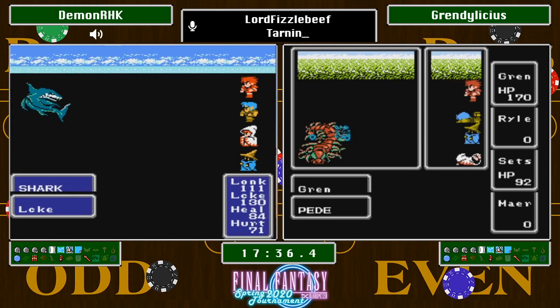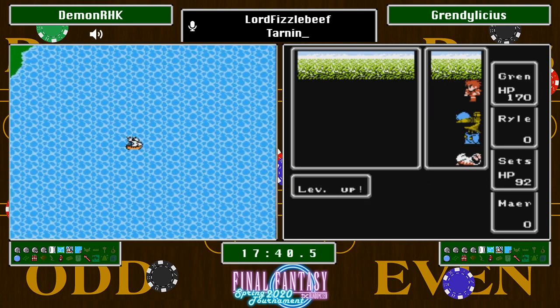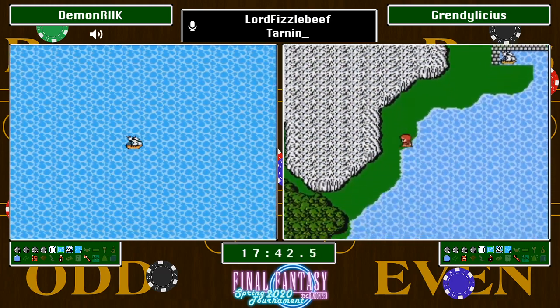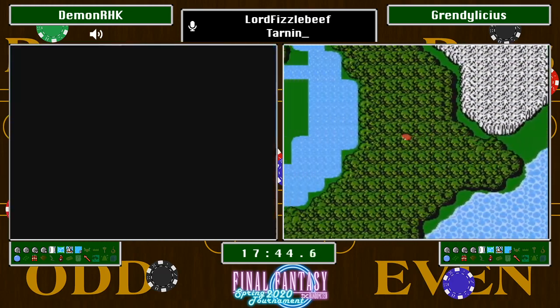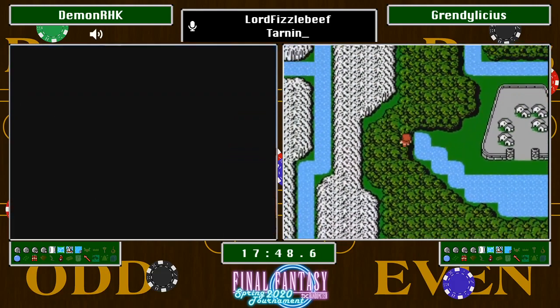DemonRHK is headed the other way towards Crescent. This is probably for an Elflin check, which I wholeheartedly agree with. Not enough people utilize the bottom Elflin dock, and as I say that, he sails past Elflin, so... It also might be